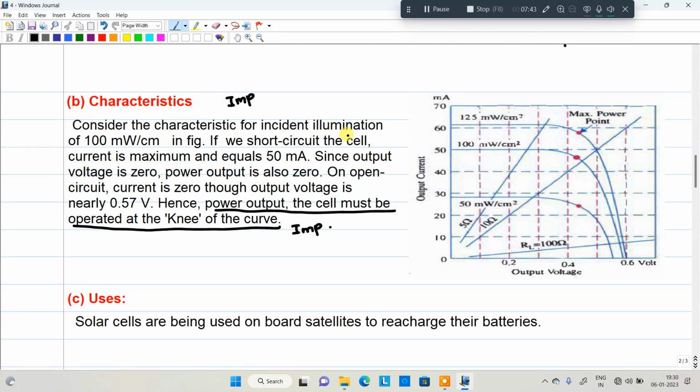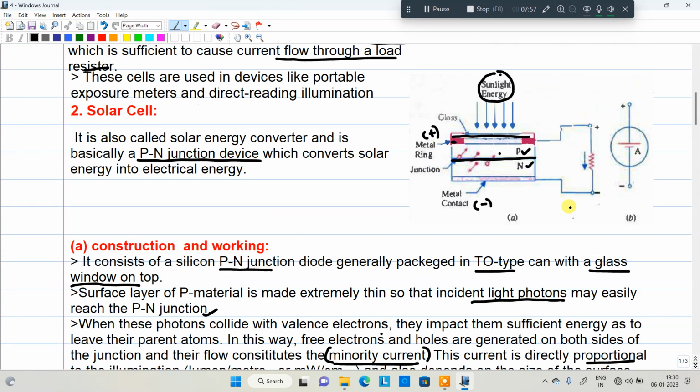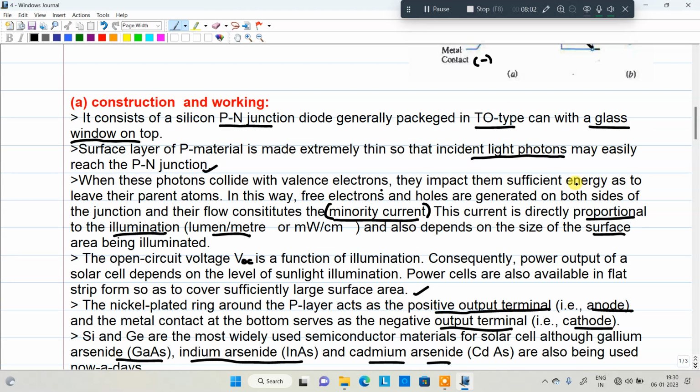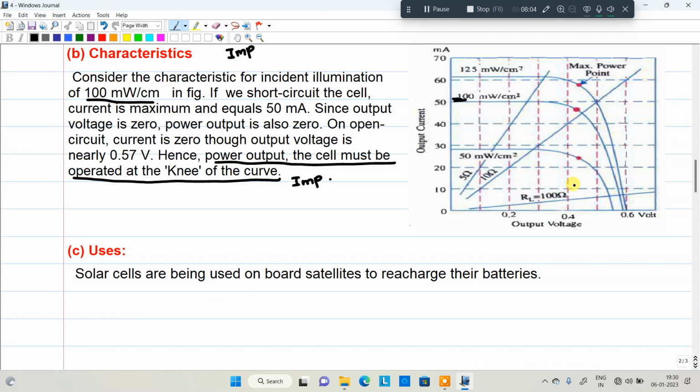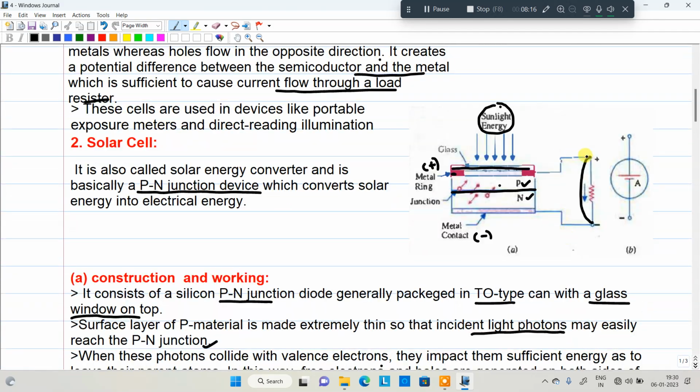Consider the characteristics for incident light of 100 milliwatt per centimeter squared. See here, this is 100 milliwatt per centimeter squared. Whenever both the end terminals are short circuited, you will get the short circuit current. That current will be 50 milliamp, for example. Now the second case, whenever it is open circuited,